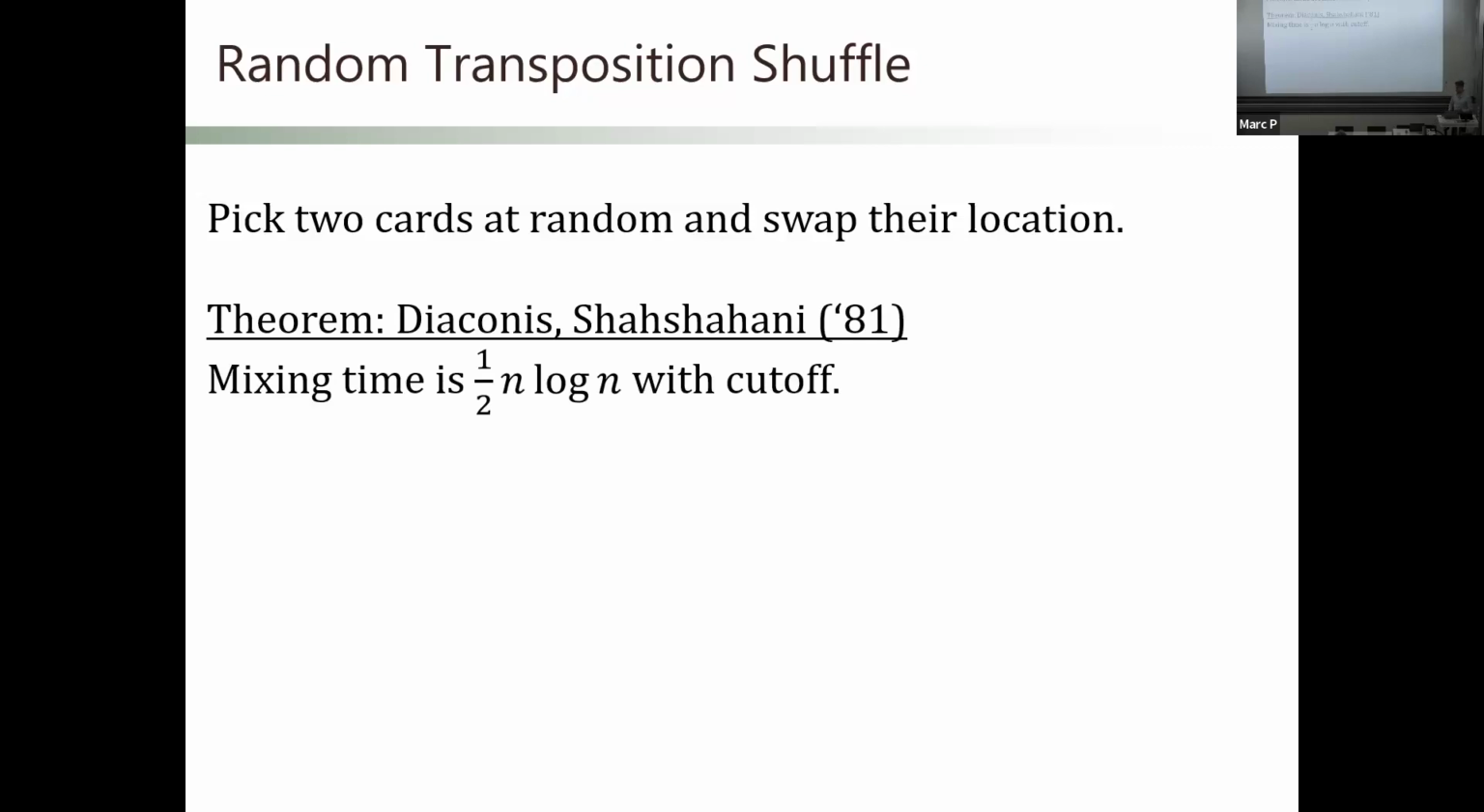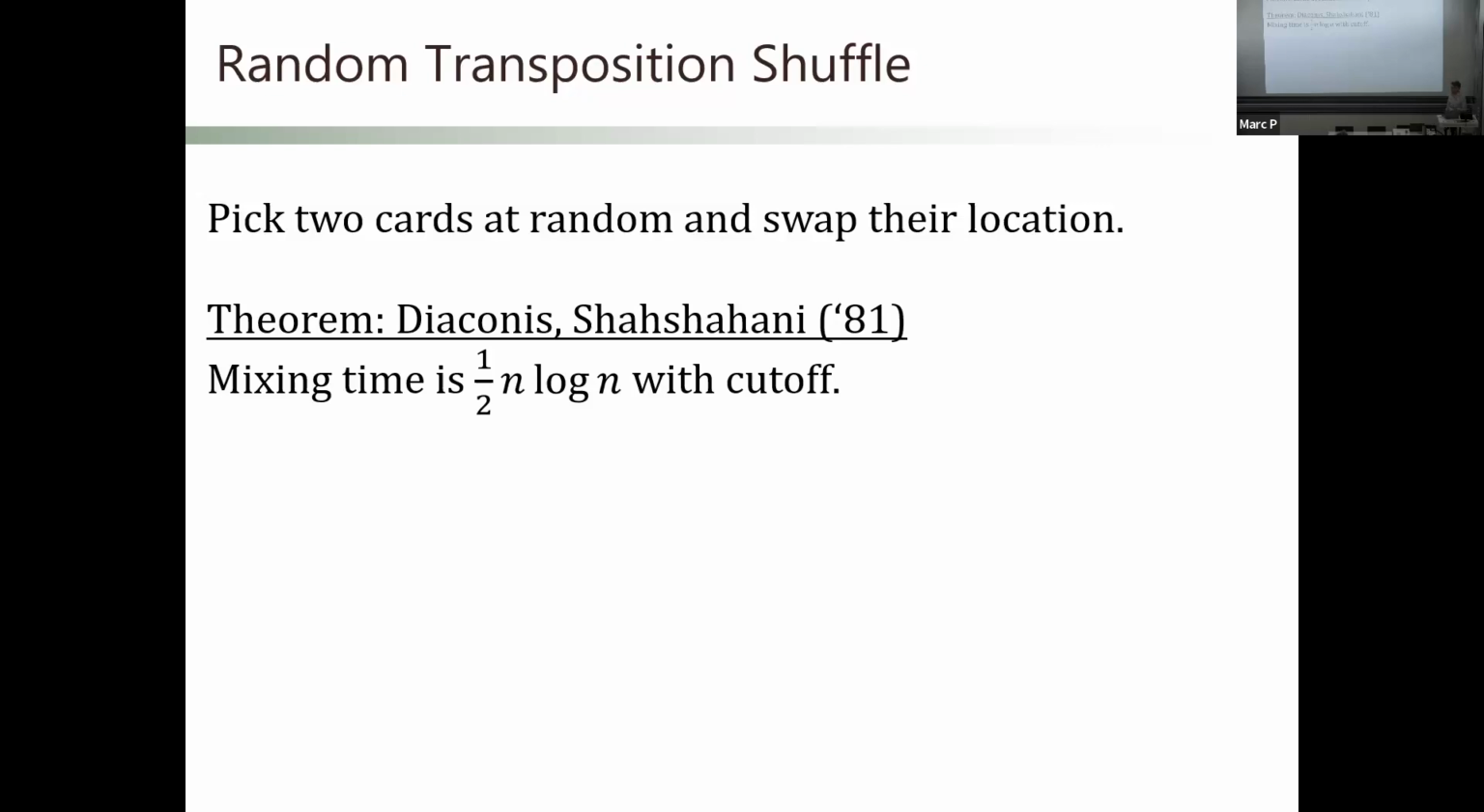How many times do they need to shuffle the deck? Well, Diaconis and Shahshahani showed that you need a half n log n shuffles, where n is the number of cards in the deck. And this was a really important result in the early theory of mixing times of Markov chains. It introduced the idea of using representation theory to diagonalize the transition matrix and give upper bounds on mixing times. And it was also one of the first examples of Markov chains that exhibited what's called the cutoff